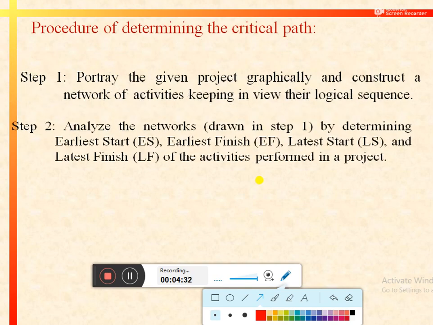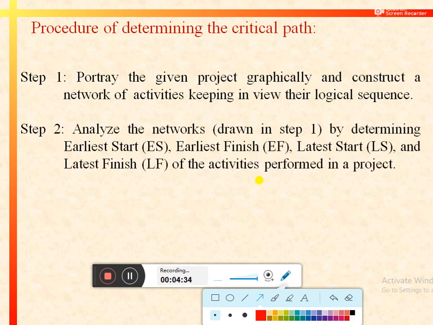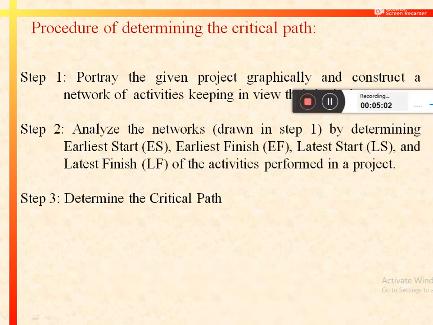In step 2, we will analyze the network by determining the earliest start, earliest finish, latest start and latest finish of the activities that are performed to complete a particular project. After determining all these aspects, in the end we will determine the critical path of the project. So let's start this procedure